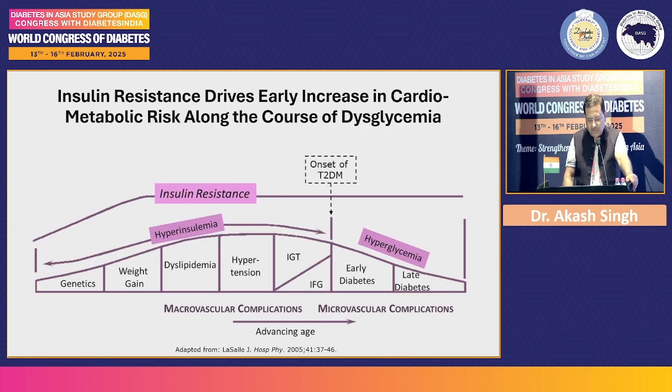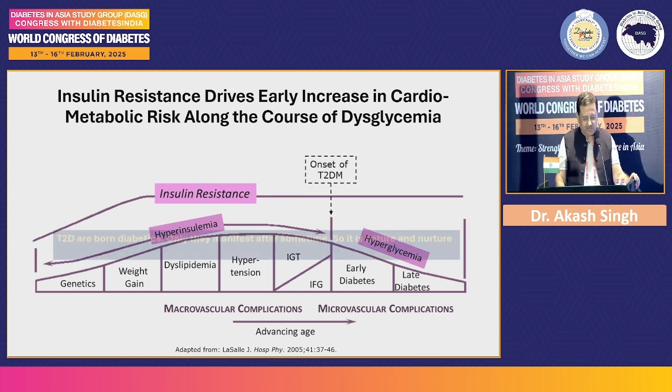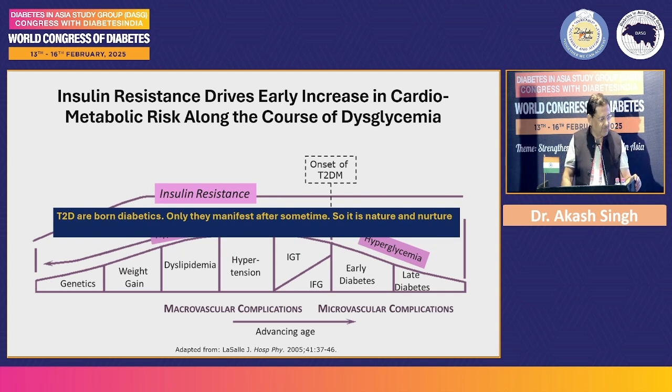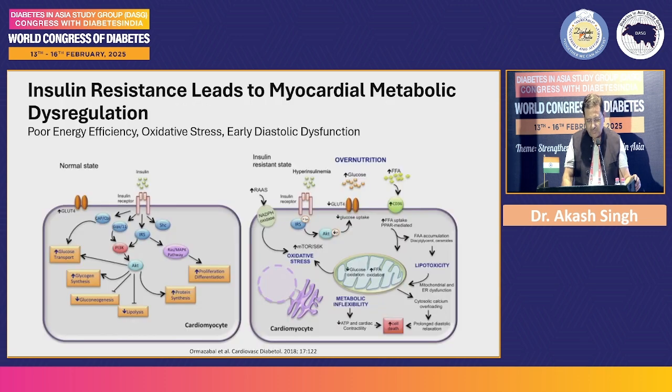So if you see the pathophysiology, the metabolic abnormalities in the form of insulin resistance and sick fat, the pro-inflammatory fat, all of this develops much before the detection of prediabetes or diabetes. So the state is favoring ASCVD even before the inception of diabetes, because before that you have insulin resistance, hyperinsulinemia, obesity, and other metabolic abnormalities which contribute to ASCVD. So even before the development of diabetes, in the insulin resistant state, you have activation of